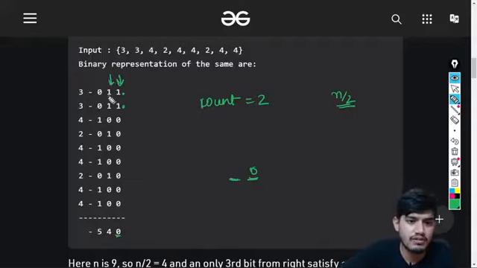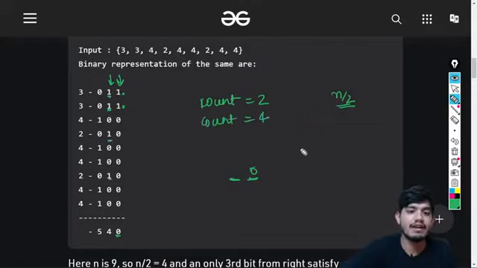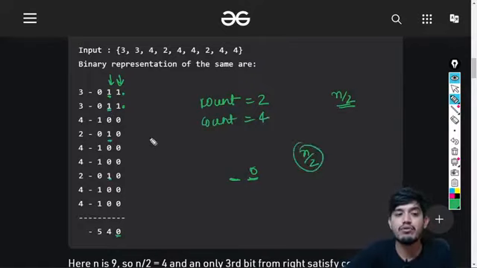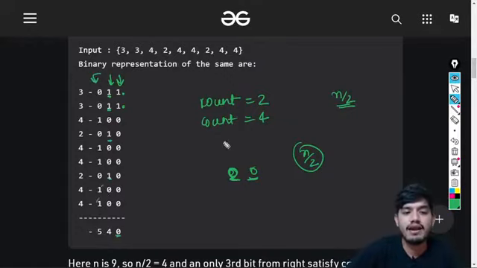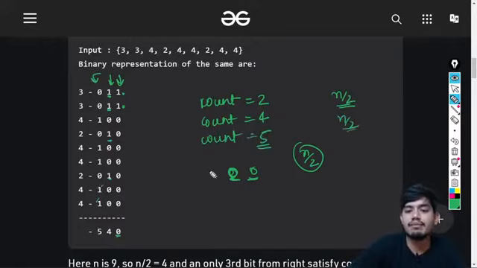And in this you can see the count. What is the count? The count is total number of set bits. So 1 2 3 and 4. So the count is again 4 for the second one, and it is not greater than n by 2. So in that case I'll not be doing anything. For the same, it will be remaining 0 only. For the last one you can see we have a count that is becoming equals to 5, which is greater than n by 2. So in that case I'll be just setting that.